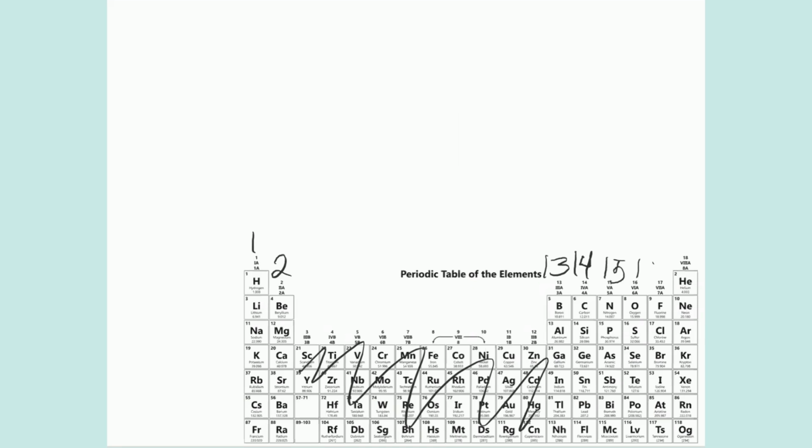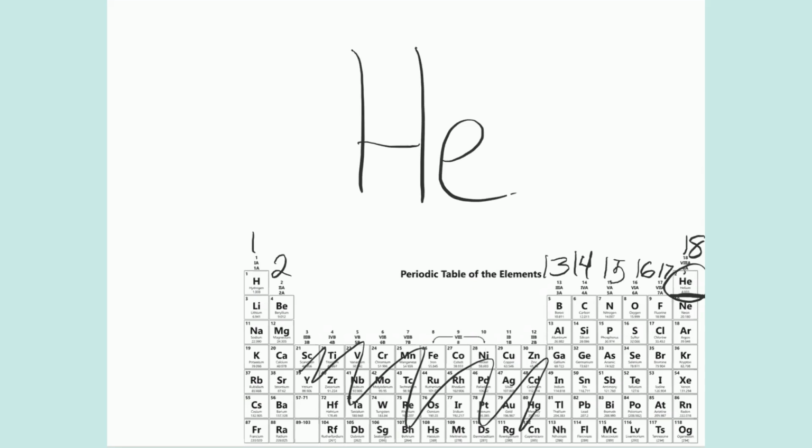Now, I do want to point out one exception. The only exception is helium here. Although it is in group 18, because it is in the top row and it only has 2 electrons, its Lewis dot diagram will look like this. If we remember from drawing Bohr models, we know that helium is happy with 2 electrons because the outermost shell is happy with